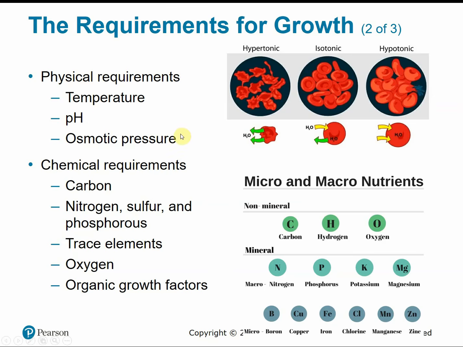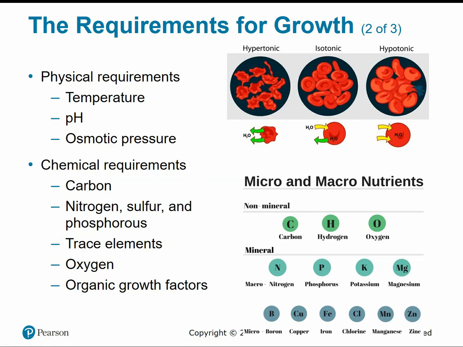And osmotic pressure. So those hypertonic, isotonic, hypotonic solutions. So remember we said the hypertonic is a more concentrated solution. So it's going to draw the water out of the cells. Isotonic is the same concentration on both sides, so everything's stable and balanced. Hypotonic is less concentrated than in the cell. So inside the cell is more concentrated than the solution. So water will go into the cell to try to dilute that concentration, causing the cell to swell and potentially